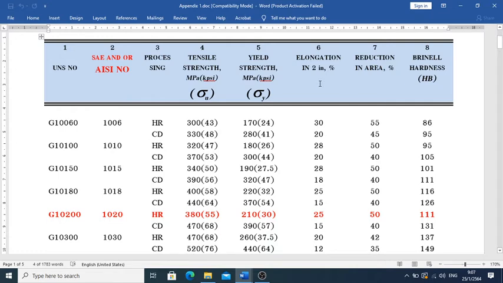Okay, so let's get back there. We're going to have the line there, the G term there. I would like you guys to highlight what we've got here, which is going to be the line there, 1020 HR, okay, which has a strength of 380 for sigma U and 210 for sigma Y, elongation of 25,